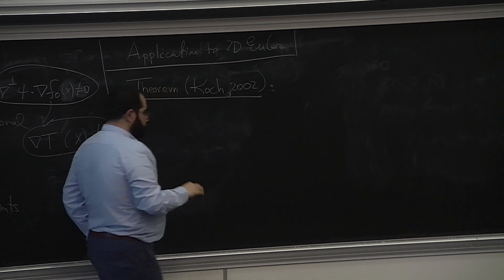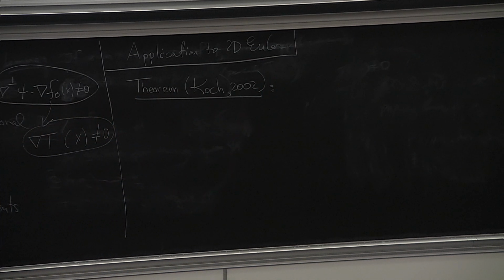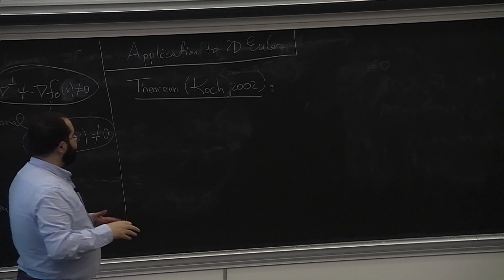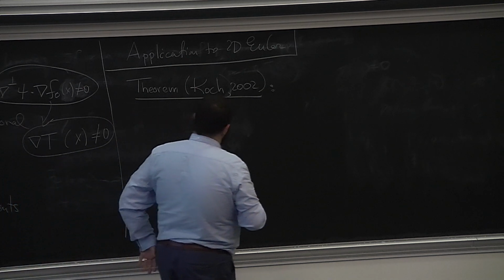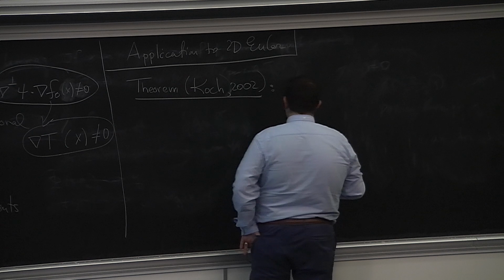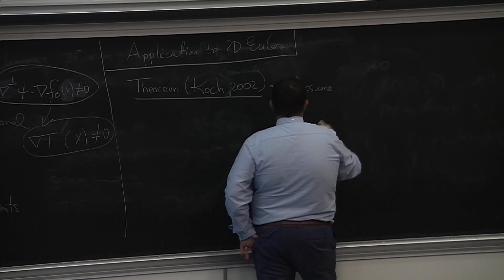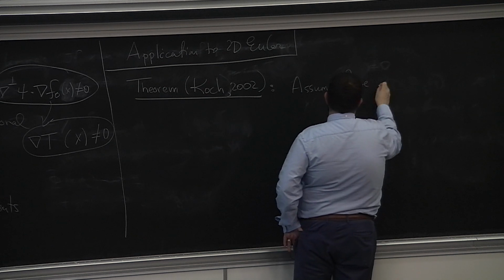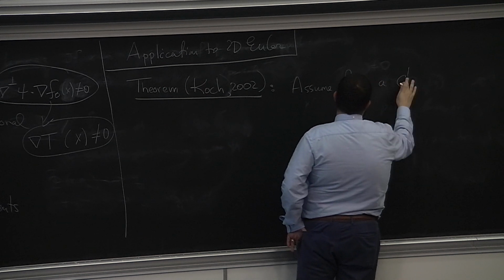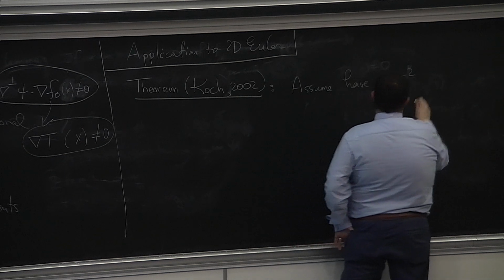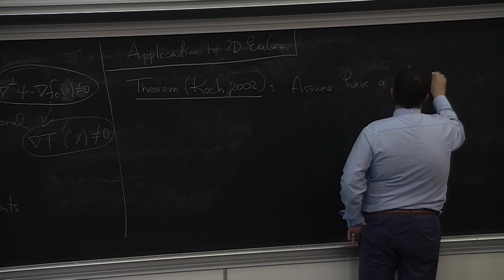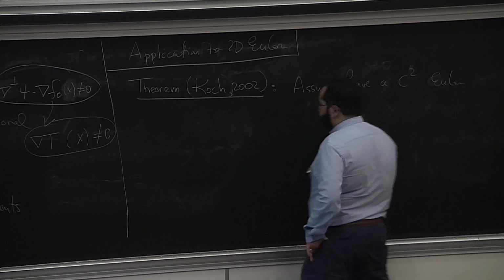This is a version which is not very different from the more general version, so I just state it to keep it simple. So we say assume we have an Euler solution, a C2 solution,